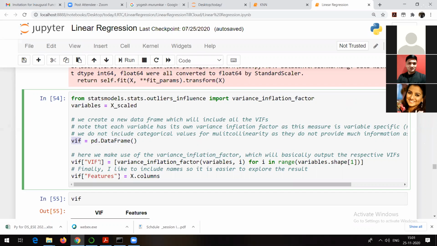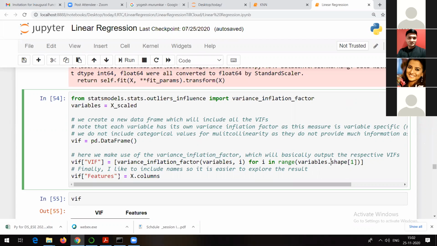Now in the VIF data frame, I am adding a column called VIF, and in that, what I am trying to calculate is the variance inflation factor. What is variables? Just now I told you variables is nothing but all the columns. i is just a variable. So i is going to vary how many number of times? The number of times equal to the number of columns we have. For all the columns, I hope you are aware about the range function in Python. So what it is going to do is variables.shape[1]. I hope you are aware about the shape attribute available in the NumPy package. variable_name.shape is going to give us the number of rows and number of columns. The number of rows comes first and then the number of columns. And as we want the number of columns, that's how this one is written.